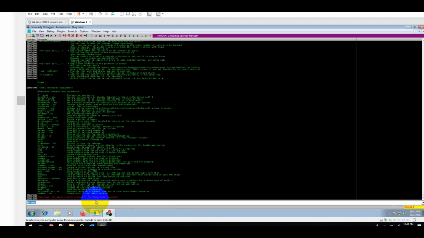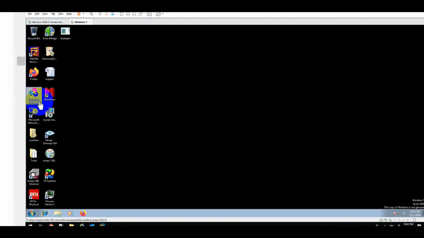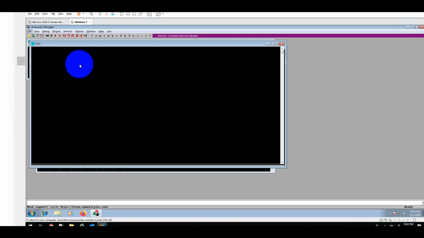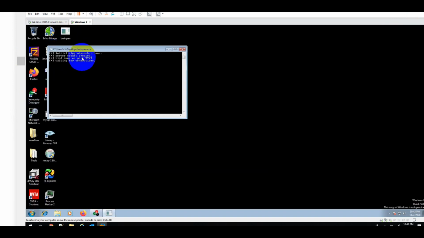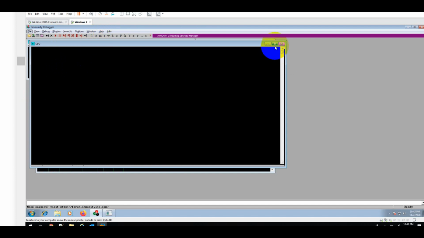It's going to show. So next I'm going to type Mona, and Mona is basically an extension or small Python script that typically helps in automating a lot of things. Now it's completely optional. Without Mona also you could do it. So let's solve it without Mona and see whether it is working or not. So let's just go ahead and start the program and attach it, and show you.